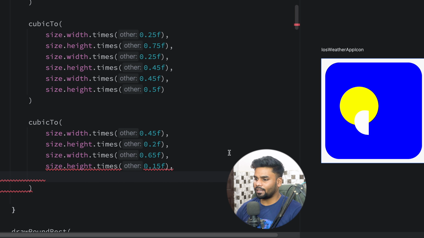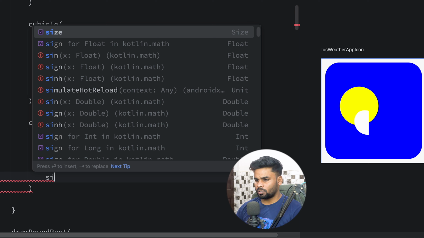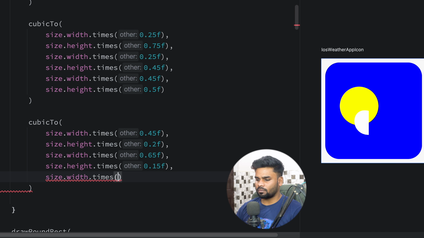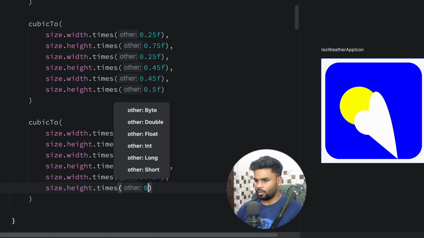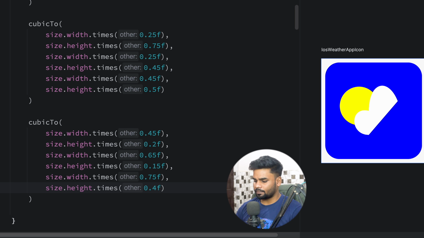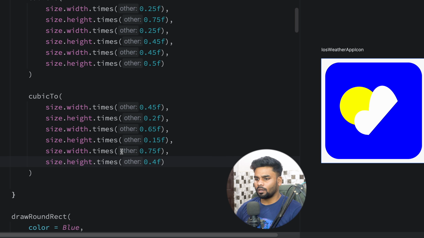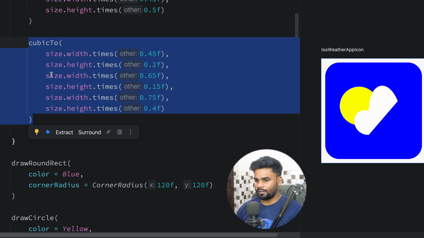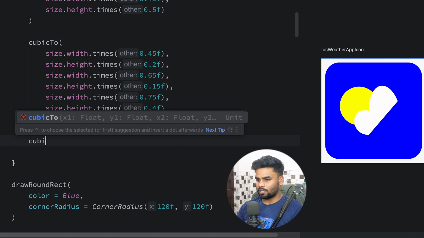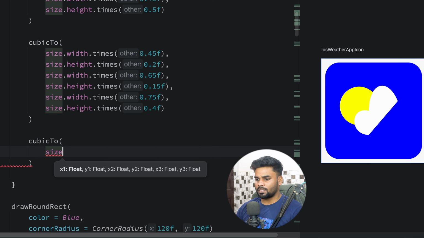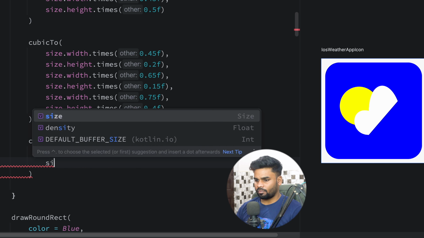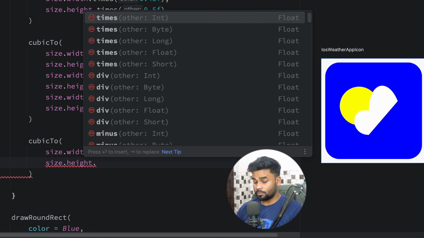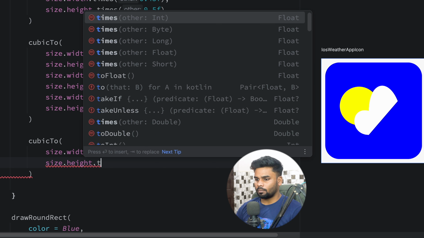Now it's time to define the actual point that is used to draw this curve. Use your size, width, and multiply this thing with 0.75. Size, height, then multiply this thing with 0.4. I believe 4 will work. Yeah, 0.4. Okay, so this is my second point. Now it's time to use the last one. So first I'm using the size, width, and multiply this thing with 0.95f. Then I'm using the first control point y coordinate, multiply this thing with